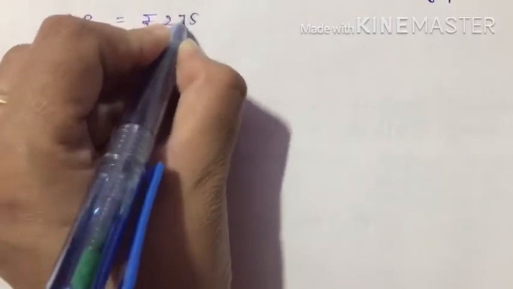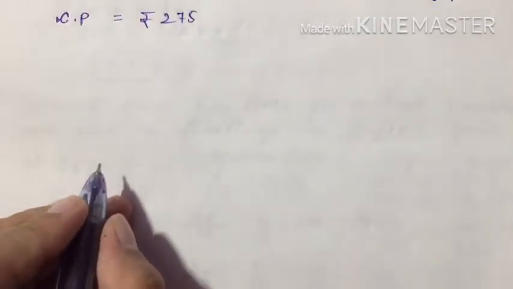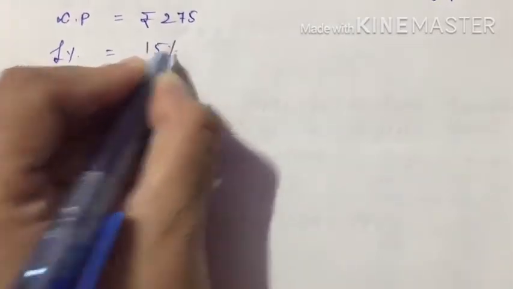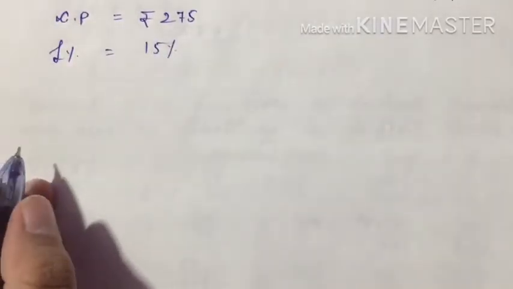Dear student, in my previous video we have done till question number 7 of exercise 8.3 from NCERT book, and today we will be starting with question number 8. Question number 8 says Amina buys a book for rupees 275. That means it is the CP of a book. CP is rupees 275. Okay, and she sells it at a loss of 15%. By seeing these two quantities, the formula clicks in my mind.